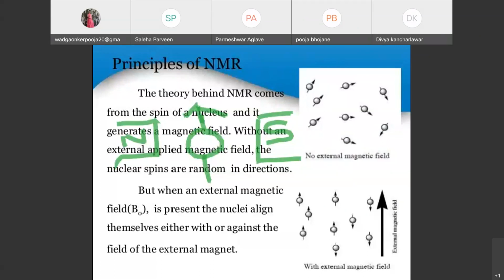So see here, whatever this nuclei is, this is first of all in the absence of magnetic field. Now we are placing it in our magnetic field. When it is placed in the magnetic field, what happens? This nuclei is NMR active, and when this NMR active nuclei is placed in the presence of magnetic field, before any field, listen carefully, listen very, very carefully, again I'm telling you